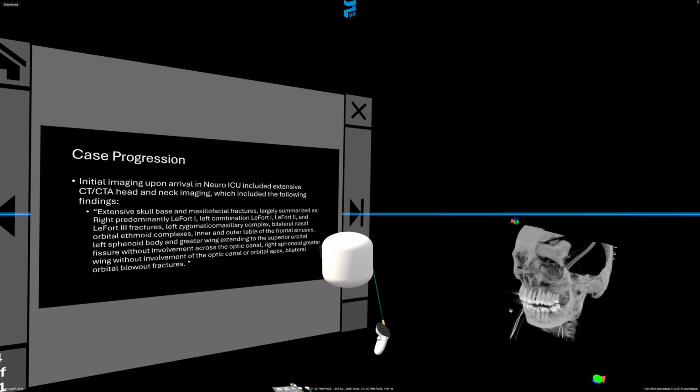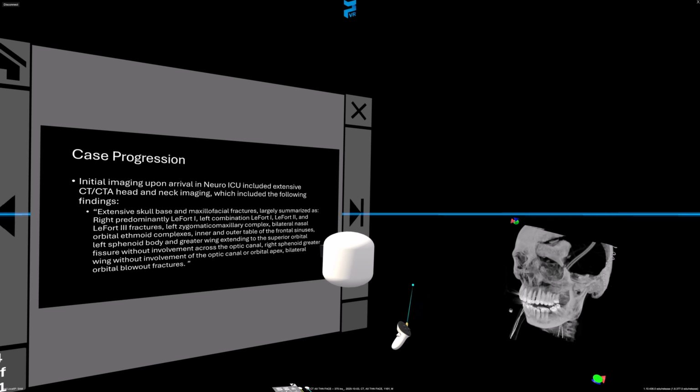Initial imaging upon arrival in the neuro ICU included extensive CT and CT angiography head and neck imaging, and while there were many findings throughout this patient's course and stay, the findings I wanted to point out today included the following: extensive skull base and maxillofacial fractures, largely summarized as right predominantly Lefort 1, left combination Lefort 1, 2, and 3 fractures,